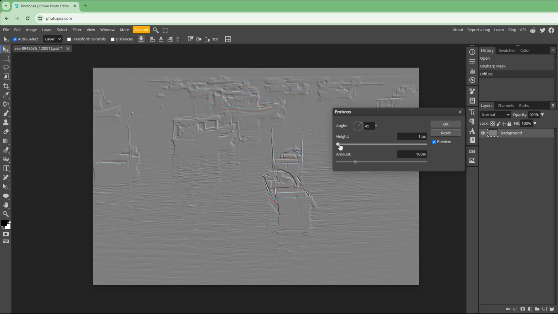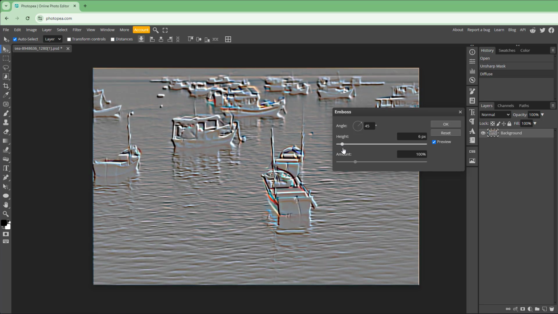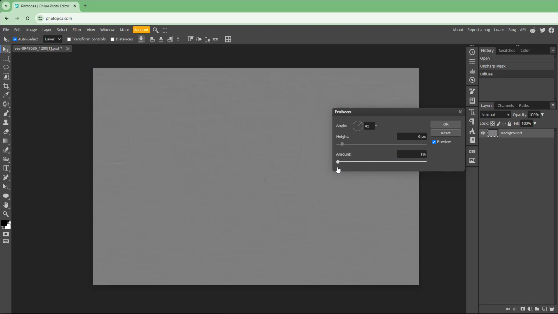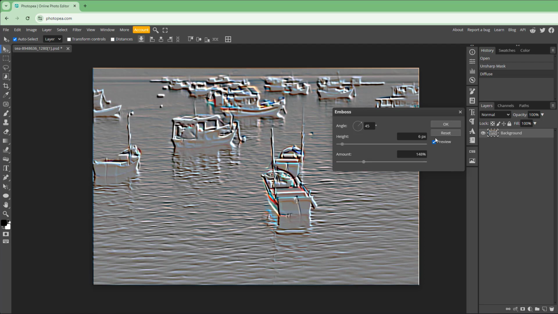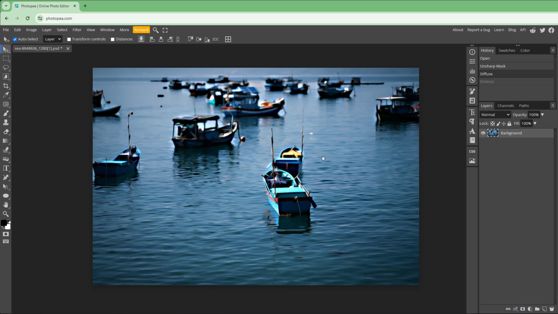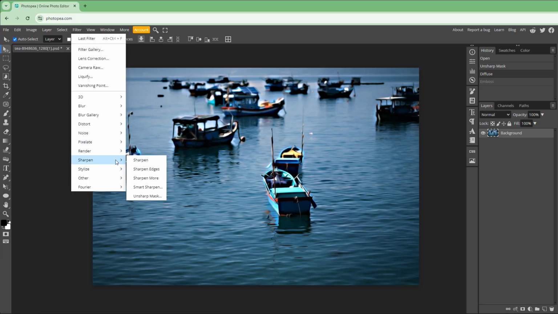you can go around and change this as if you're embossing something right here, just like this. You can also change the amount of emboss right here, just like this, and get the depth of the overall image, as you can see, just like this as well. Let me just press Ctrl Z right here, and apart from that, you can also go over here, and